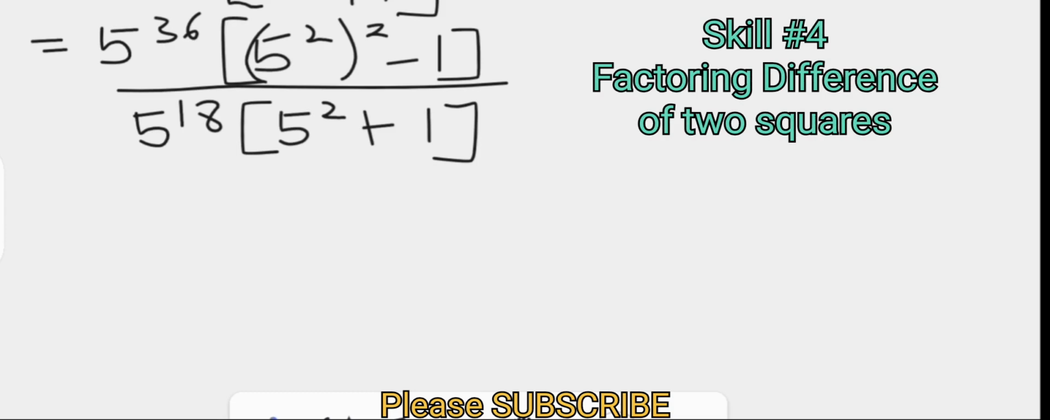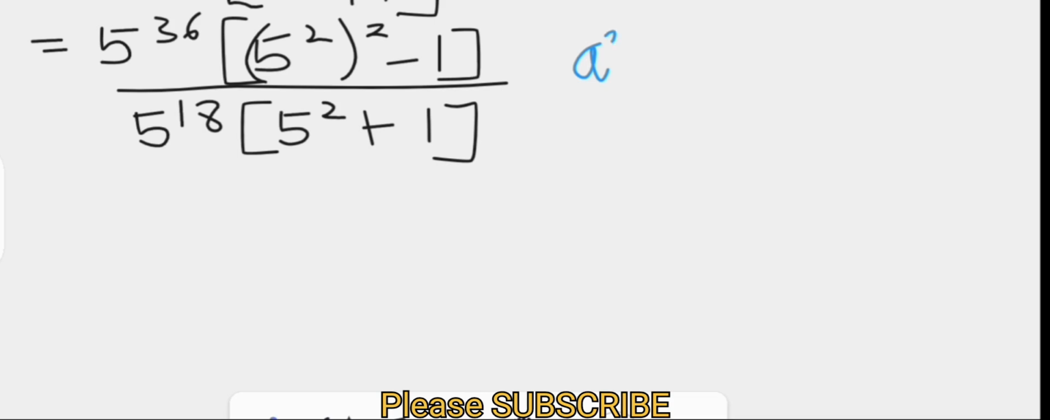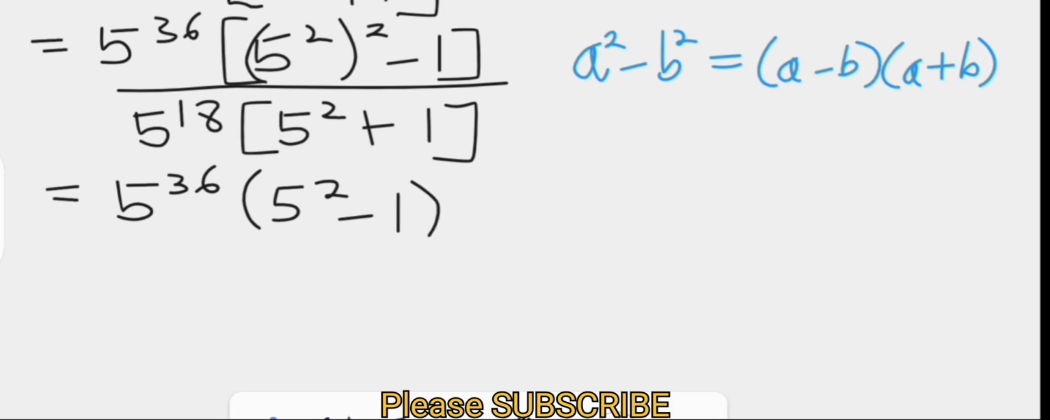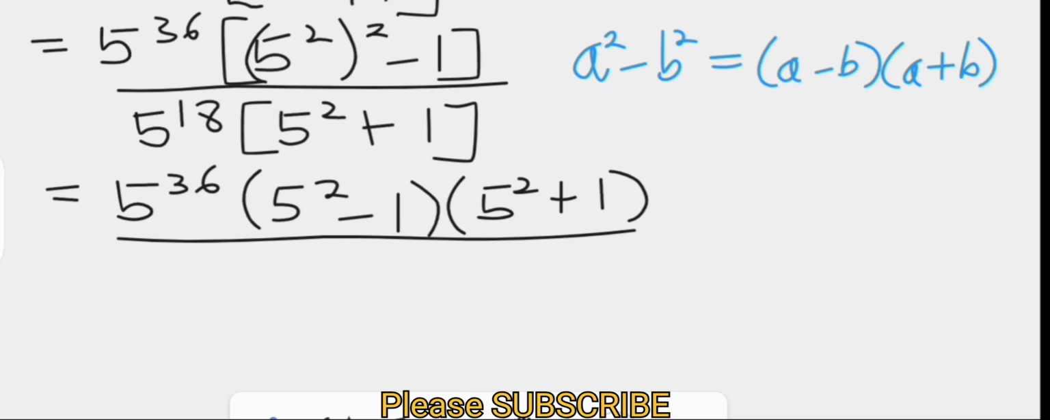Our fourth skill will be factoring difference of two squares. When we have a squared minus b squared, that gives the product of the difference between a and b and the sum of a and b. Do not forget that 5 squared, raised to power 2, is a square, while 1 is also a square. That's 1 squared. So we apply the factoring of the difference of two squares on that to give us 5 to the power of 36 times 5 squared minus 1, like our a, then 5 squared plus 1, like the b,